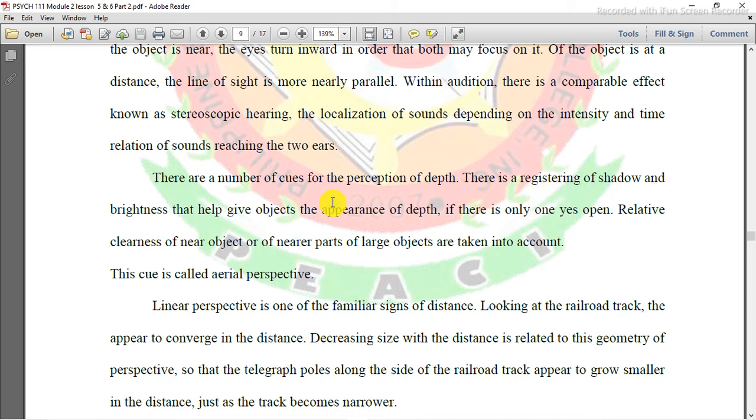There is registering shadow, brightness, parang sa camera with a relative object, near ba siya sa background, no? Depende. There is this cue called aerial perspective, no? Parang ganun. Ano yung aerial perspective dito? Nakadepende. Term kasi siya to, ito aerial perspective, especially in photography or videography. Linear perspective is one of the familiar signs, no? Yung nakalinya. Yung mga in geometry talaga, kumbaga kung sa isang street, yung mga bahay dyan nakalinya. Meron din yan, linear perspective yung tawag dyan. Okay?